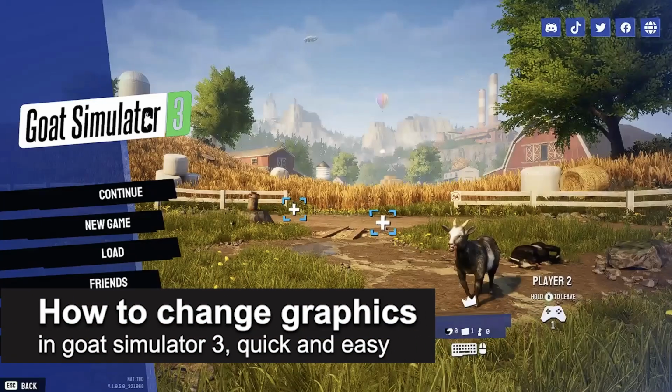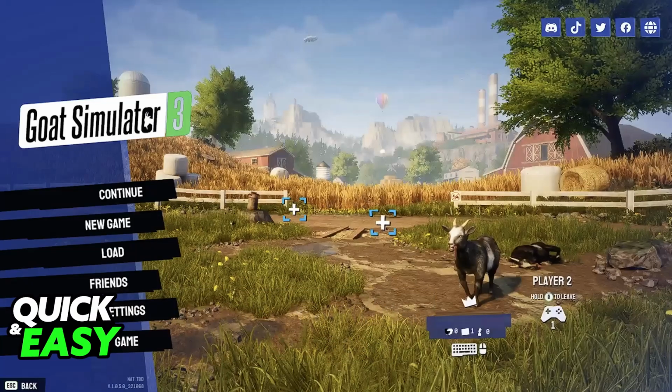In this video, I'm gonna teach you how to change your graphics in Goat Simulator 3. It's a very easy process, so make sure to follow along. In this video, I'm gonna teach you how you can easily adjust your graphics for Goat Simulator 3 on PC,